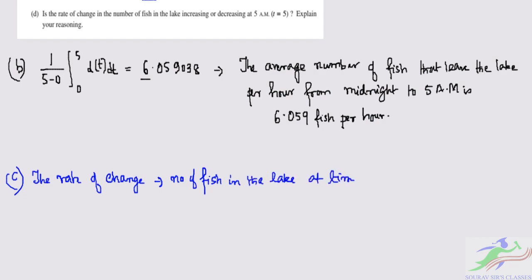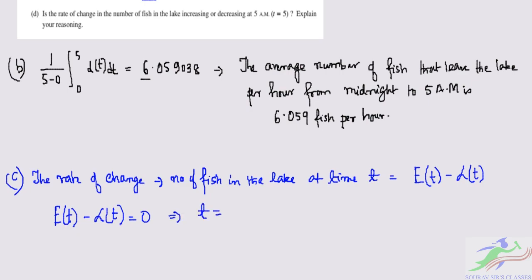at time t, it is given by the rate of change of the fish entering the lake and leaving the lake, E(t) minus L(t), right? So E(t) minus L(t) is equal to 0, which implies that t equals 6.20356. Okay, so from here you can see that E(t) minus L(t) is greater than 0